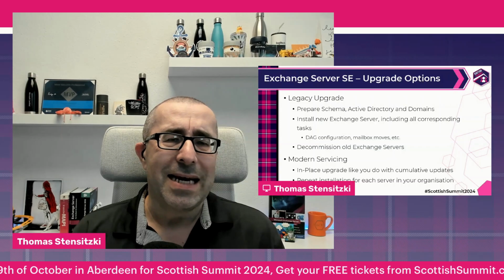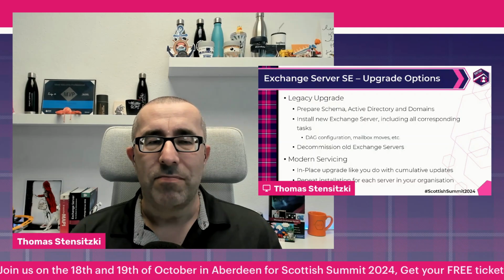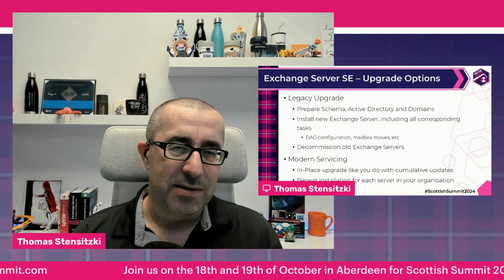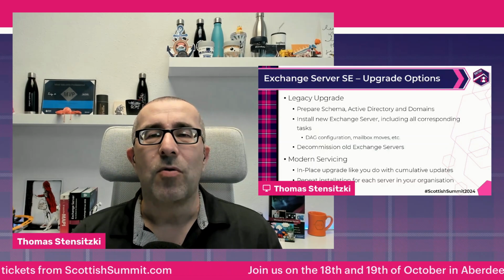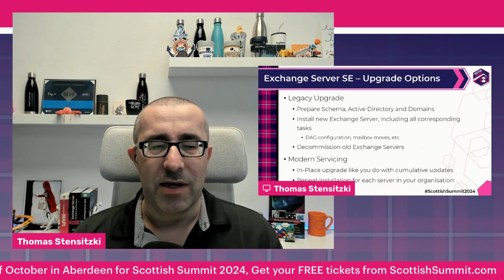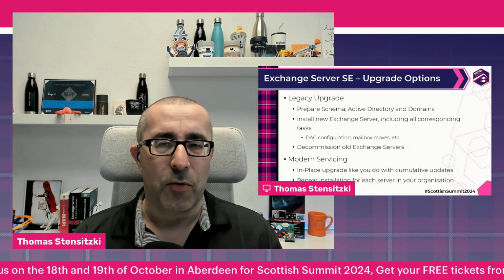So we have something that's called the legacy upgrade. That's something that we've done and are pretty used to for the last decade, so to speak. Prepare your Active Directory schema and domains, install new Exchange servers on new hardware or virtual machines, and perform all the corresponding tasks like creating a new namespace, configuring your TLS certificates, creating database availability groups, moving mailboxes, and so on. You know what is required to set up a new Exchange server environment in parallel to your existing one. And after moving all the mailboxes and functionality, you decommission your old Exchange servers. This is what we call a legacy upgrade, something that really comes with a lot of work for